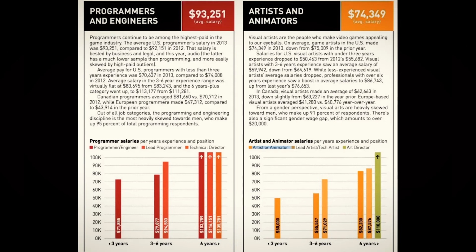Now, here for programmers and engineers, it says the average salary is $93,000. Let me tell you that that's probably more of like a beginning salary. That's something that you might be making very early on. But high-level programmers are making well into the six figures, and sometimes just stupid amounts of money. Sometimes I wish I would have paid more attention in algebra class. Unfortunately, I was too busy doodling in my sketchbook and getting kicked out of class.